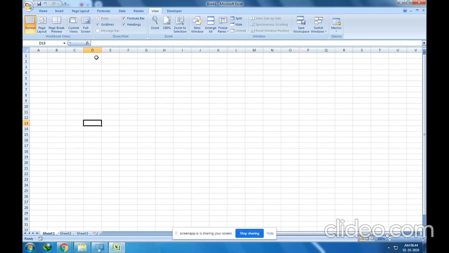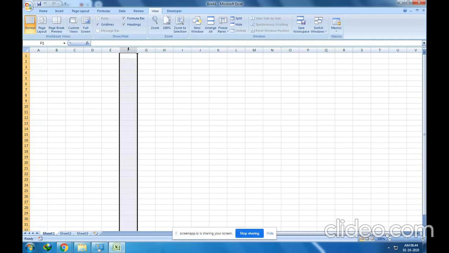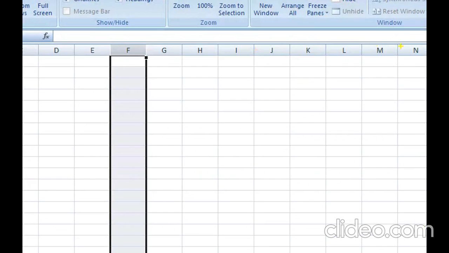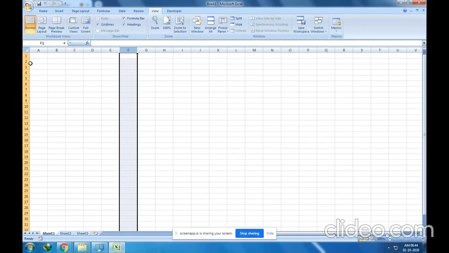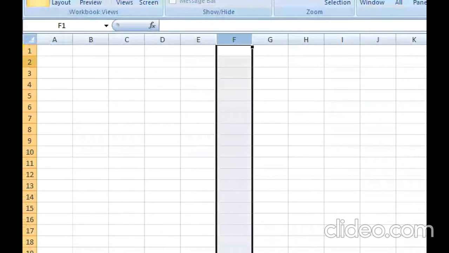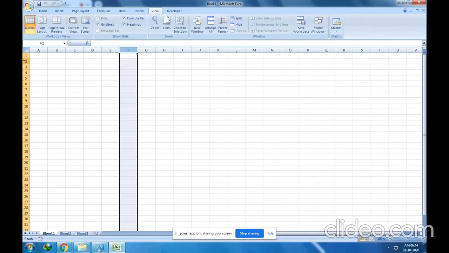Now what is row number and column names? The name given to the column is column name. Now see, A is the column name, B is the column name, C, D, E, F, you can see here different column names are there, G, H, I, J, K. These are the simple English letters. And row numbers are ranging from 1 to, see, 1, 2, 3, 4, 5, 6, 7, 8, 9, 10 up to, we will talk about that later, how many total rows are there and how many total columns are there in Excel sheet.